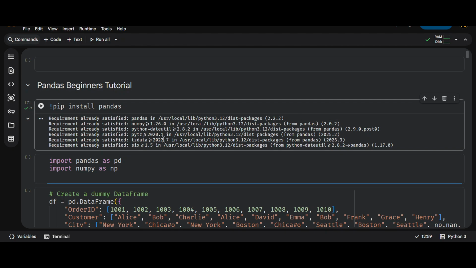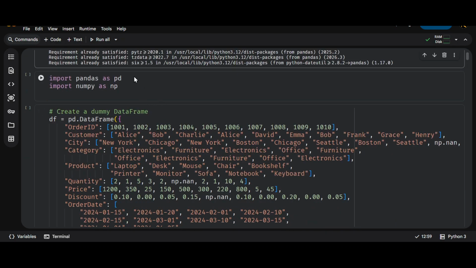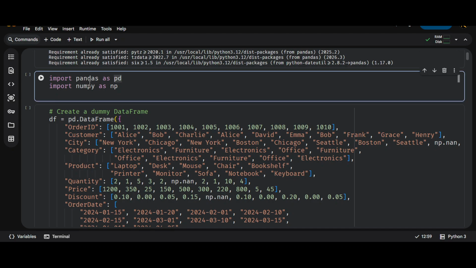After that, we need to import the pandas library. For that, we're going to use the import function. So we call import pandas as pd. pd is just a convention. You can use something else, but conventionally, you import it as pd. Also, there is another package called NumPy, which is imported as np. So for running these two